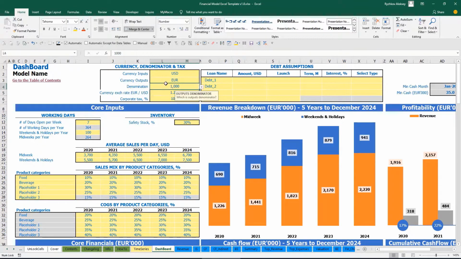Additionally, you have denomination, which means that you can denominate all your outputs on the reports. In this example